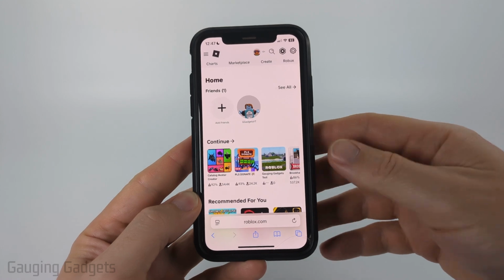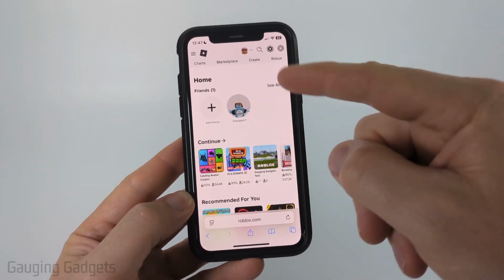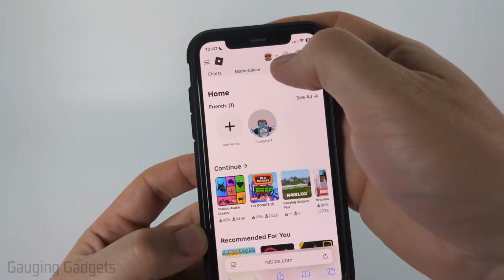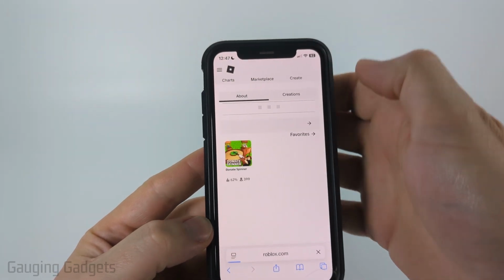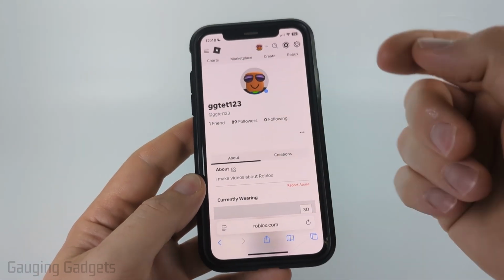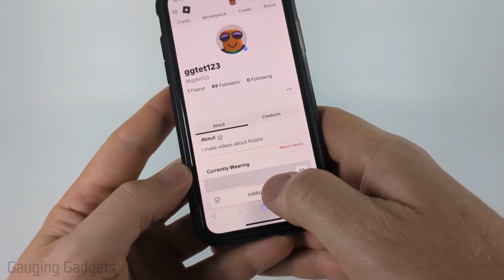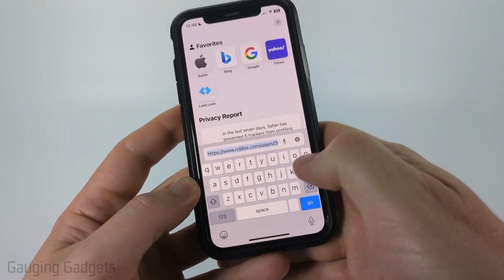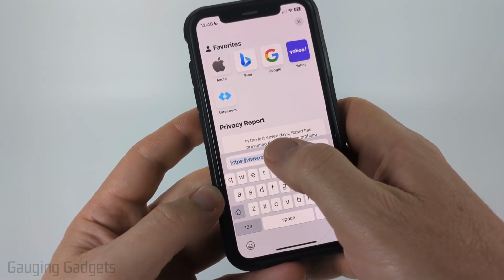You may have to log into your account, so go ahead and do that. And then once you're on the main page of Roblox, go ahead and select your profile icon on the top of Roblox. Once we get to a profile, to find our user ID, it's actually going to be in the web address here. So select the address bar on your phone, and then you can either select and copy the